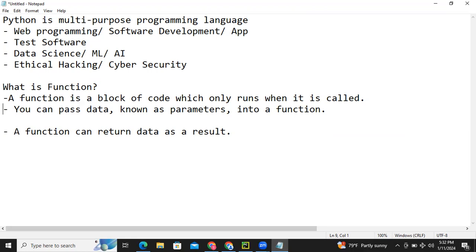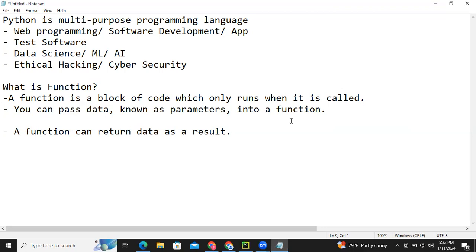If you want to execute, if you want to run, if you want to make it work, you have to call it by name. A function will not be executed unless you call it by name. Okay. Could you please give a real example?